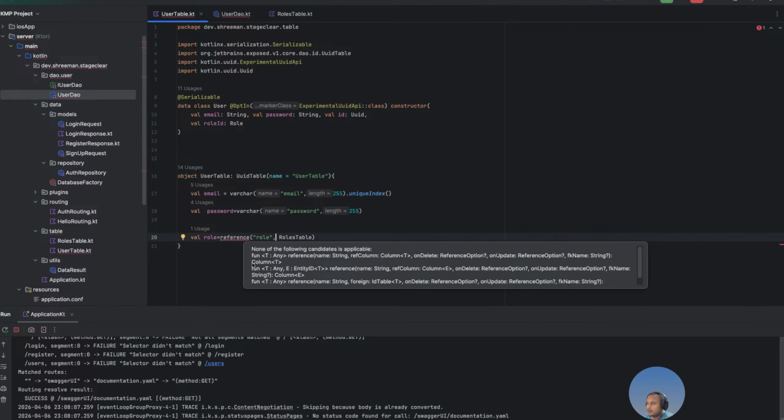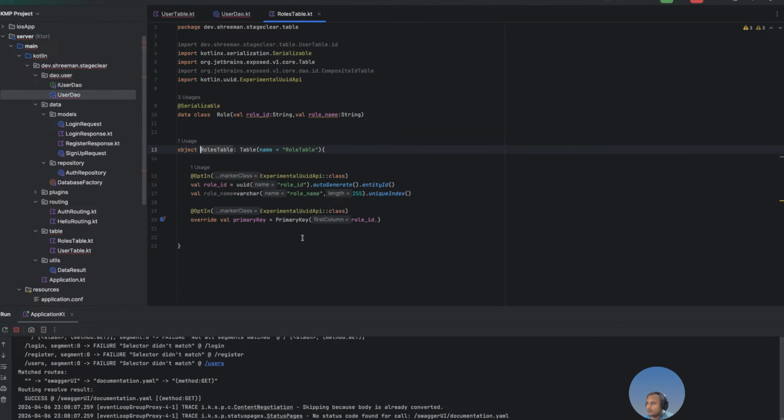what it's saying: none of the following conditions is applicable, column on delete, on update. Okay, those are multiple APIs. So we need to make sure that ID is correctly referenced here. So let me check when you have back reference or